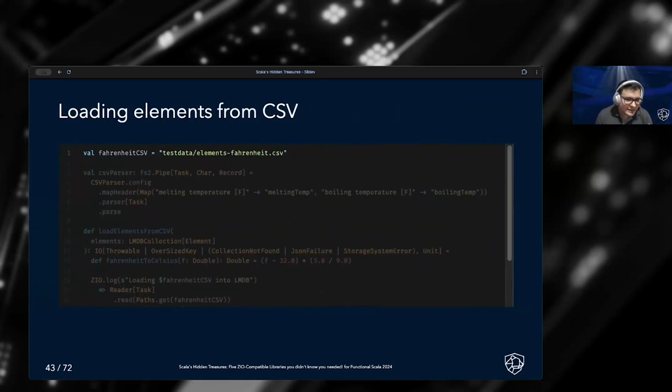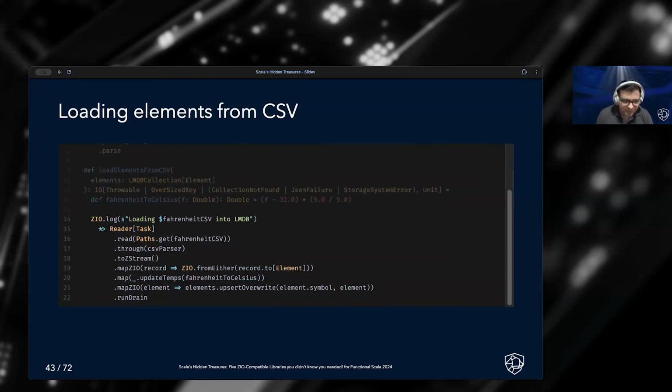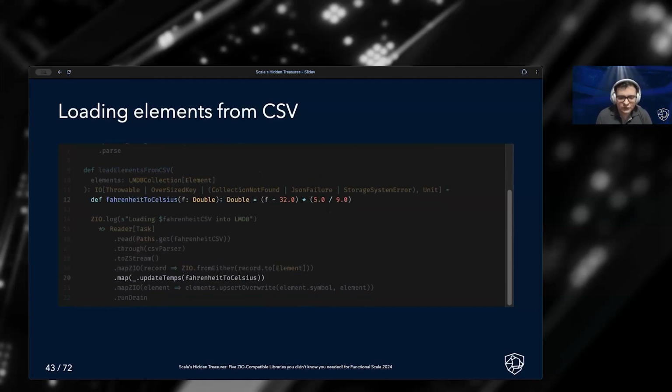To load elements from the CSV file, I had this auxiliary load elements from CSV method. So for that, I'm defining my CSV parser from Spata, and I have here the load elements from CSV method. You can see the error type is very specific, and that's the thing I was mentioning. This is thanks to union types in Scala 3. And to read elements, I will basically use the same logic as before with Spata. I'm reading the CSV file, parsing it, transforming to my domain model, processing the temperatures to Celsius, and finally, to